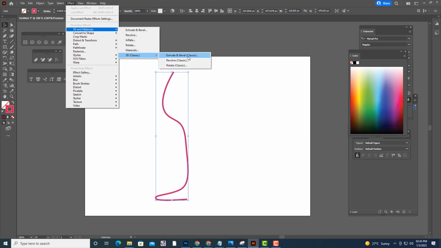This is in the latest 2022 version, but in the previous version 2020 you will not see these options. There you directly go to the revolve option. I am just selecting this revolve.